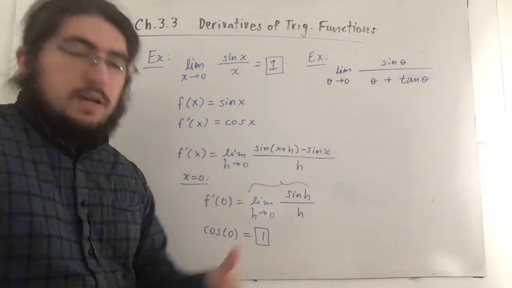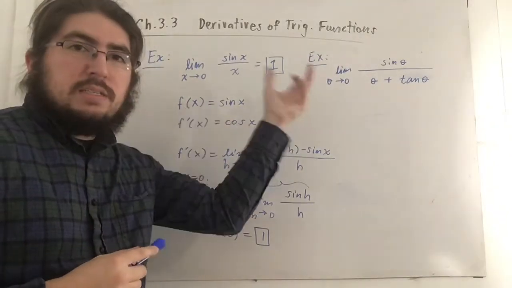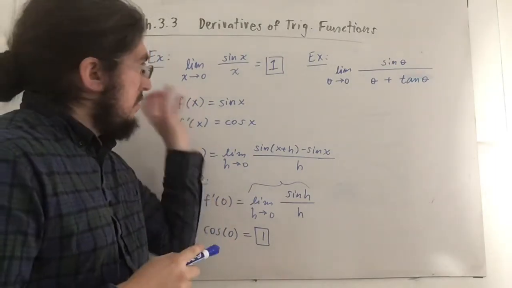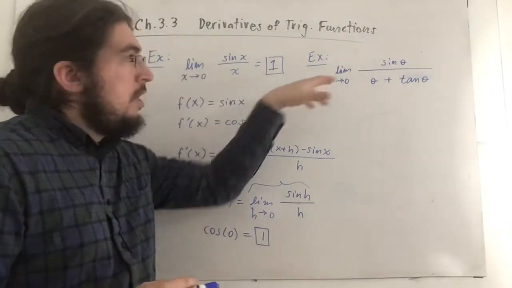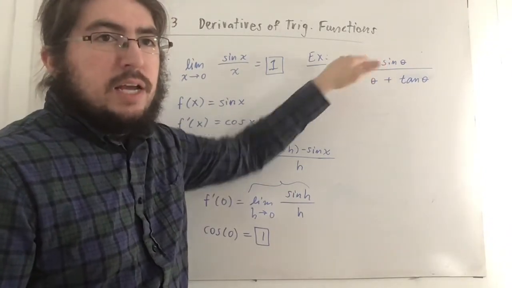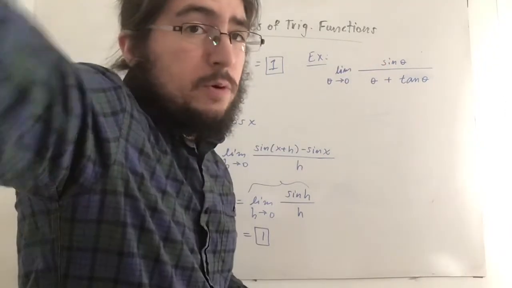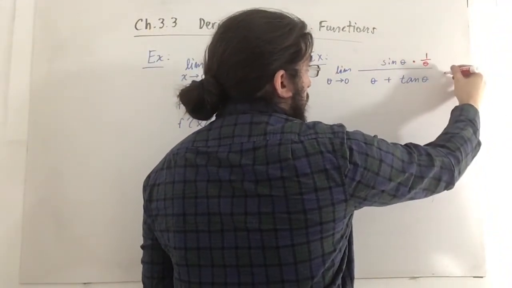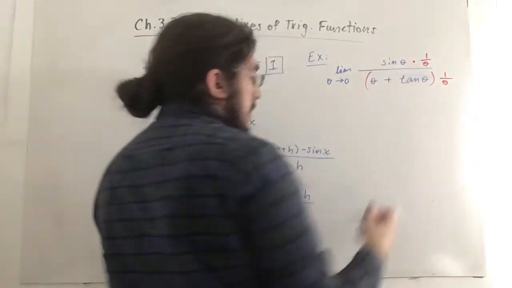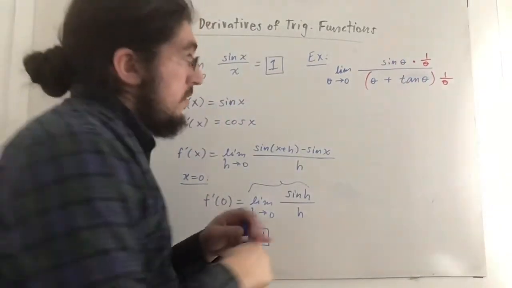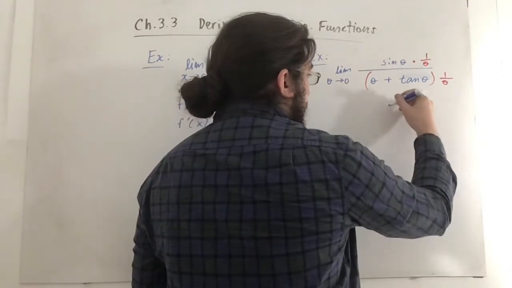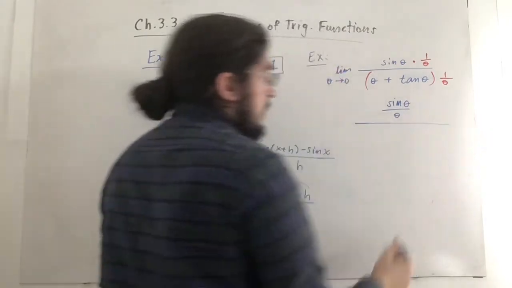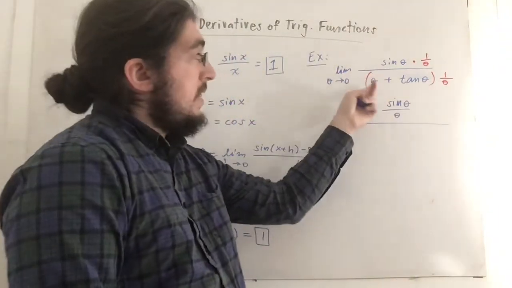Now we're going to try to use this to solve this problem. And it's not obvious. But what we're going to do is make this appear, we need sine over theta instead of sine over this. So what I'm going to do actually is divide top and bottom by theta. So multiply this by 1 over theta, multiply this by 1 over theta. So what we end up getting on top is sine theta over theta. On the bottom, if you distribute this 1 over theta, we get theta over theta, which is 1,